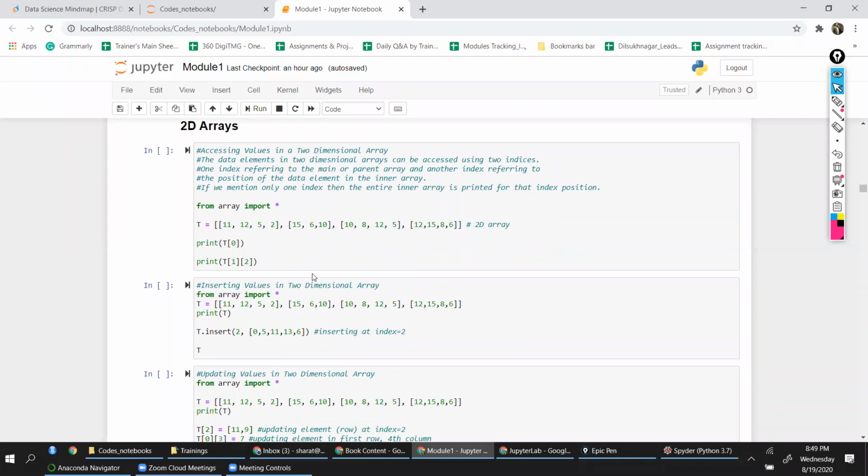All right, so let's now discuss 2D arrays. As I said, 2D arrays can be treated as a matrix. Of course, in Python, there is a predefined proper way to handle matrices. There are functions to define and work with matrices.